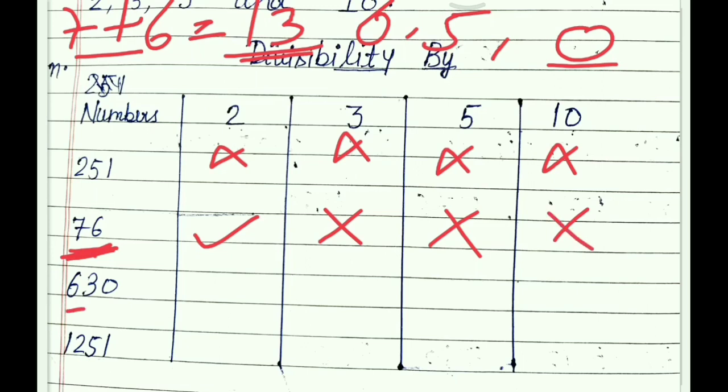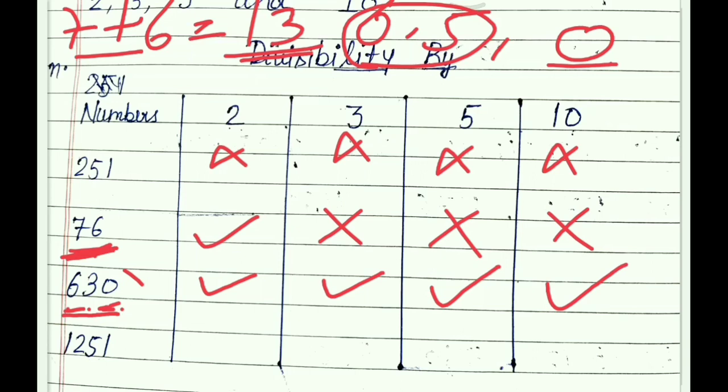Similarly, in the third part also the last ending digit is 0. Okay, I told you numbers having last ending digit 0, 2, 4, 6, 8 are divisible by 2. Here 0 is coming, so it is divisible. Make your correct sign. By 3, sum of the digits 6 plus 3 plus 0, 6 and 3, 9. The sum of the digits is divisible by 3, so that number is also divisible. So make a correct sign here also. Now by 5, the last ending digit is 0. Numbers whose last digit is 0 or 5 are divisible by 5, so this is also divisible by 5. Okay, last ending digit is 0, so it is also divisible by 10.